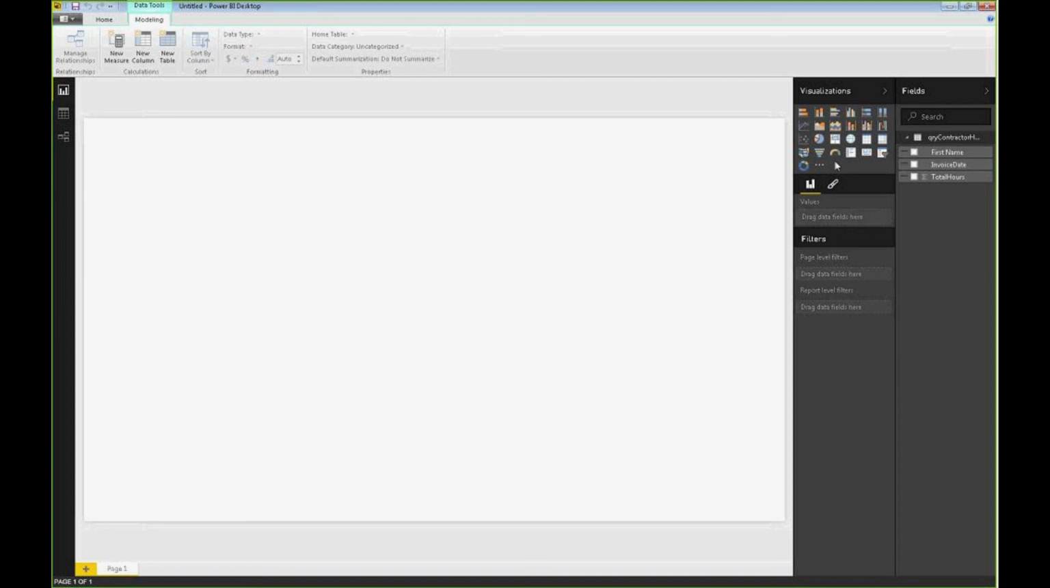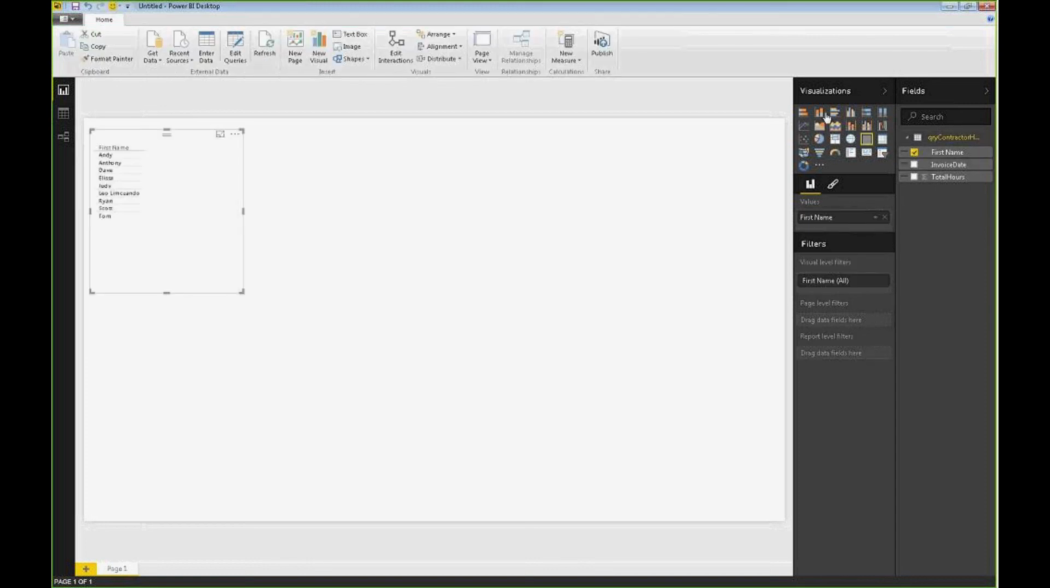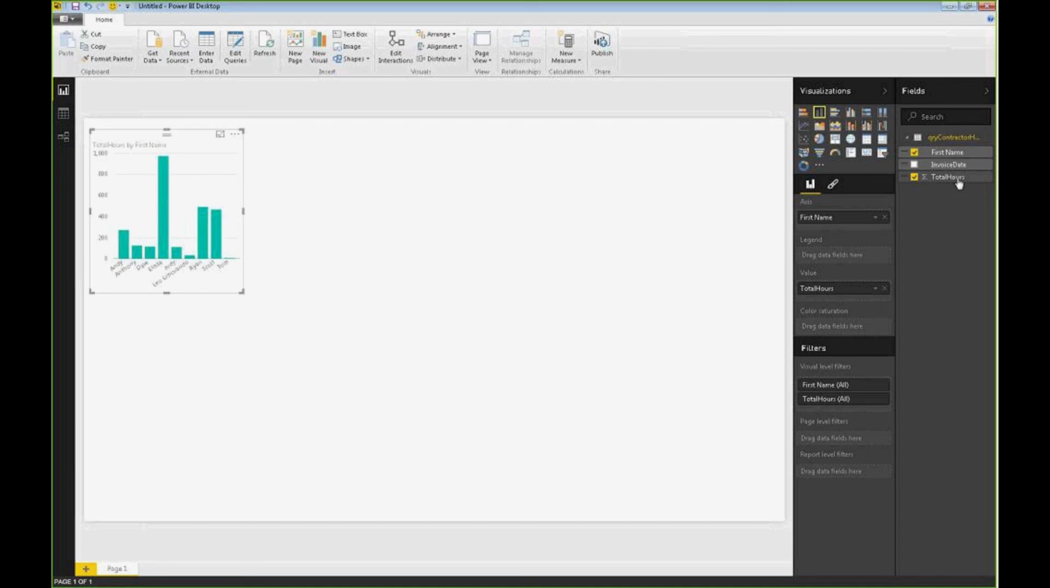And so there were ones that have different sizes of fish depending on the amount of sales per region. They had things like bubbles. They had all kinds of things like that. So in this case, if we just choose this, you can see it's giving us a list. In this case, we're going to just choose a bar chart, and we're going to have first name and total